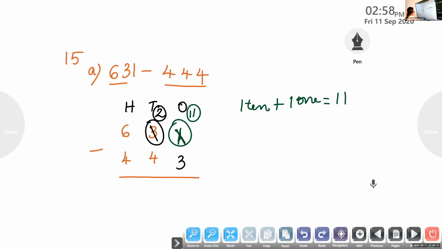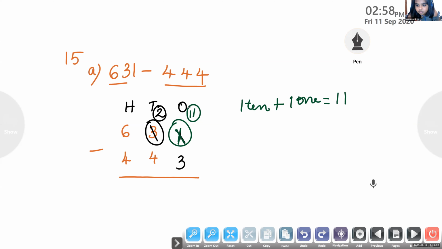We cannot write 11 together over here? Why? That is for addition, when we are adding and getting an answer. Here you can write 11 ones, no problem. That is also an irregular sum, and we have to regroup to get a regular sum. Here we are writing 11 ones because we have to subtract 3 ones. If we are adding and getting a double digit number only, we have a problem. That is also not wrong. We have to make it proper by regrouping. Have you understood? Yes, ma'am.